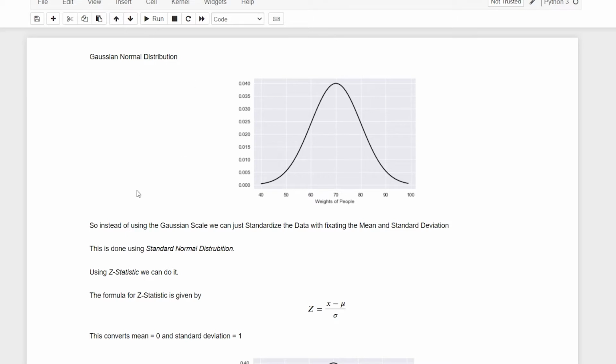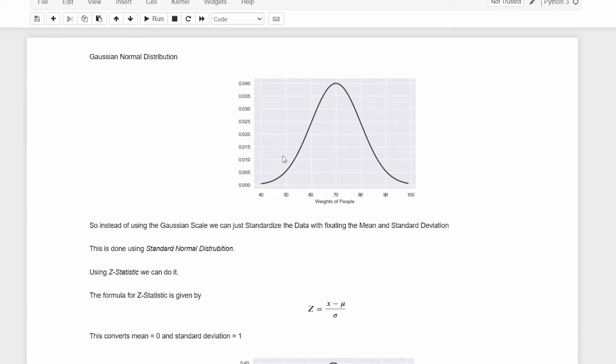Anyways, the concept is that instead of using the Gaussian scale, we can use standardized data by fixing the mean and the standard deviation. This is an example I've taken with the weights of people, where the mean weight is 70. Let's say there are a lot of people with weights ranging from 40 to 100, and 70 is the mean, with a standard deviation of 10.